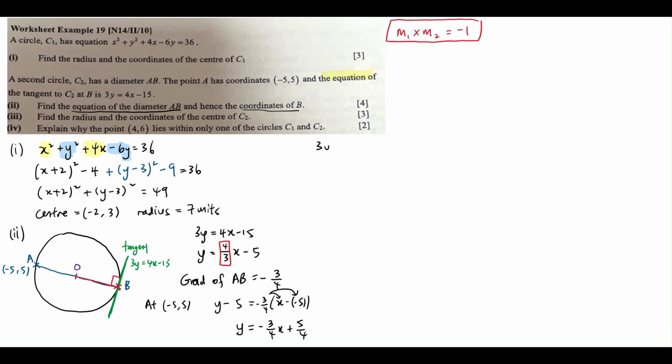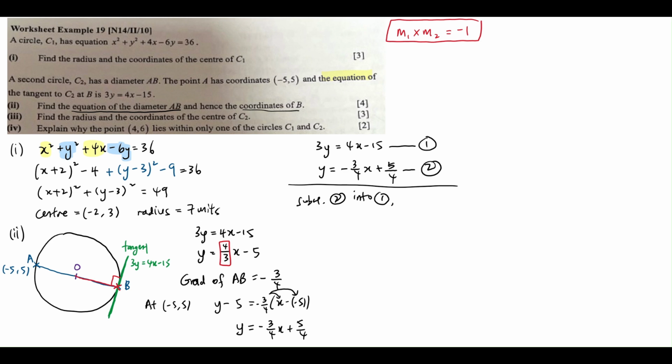So you have your equation 1 to be the equation that is given to you, 3y equals 4x minus 15. That's your equation number 1. Equation number 2 is the equation that you just found, which is the diameter AB equation, and perform simultaneous. Okay, so you can substitute equation 2 into equation 1. With that, you can have only unknown x,